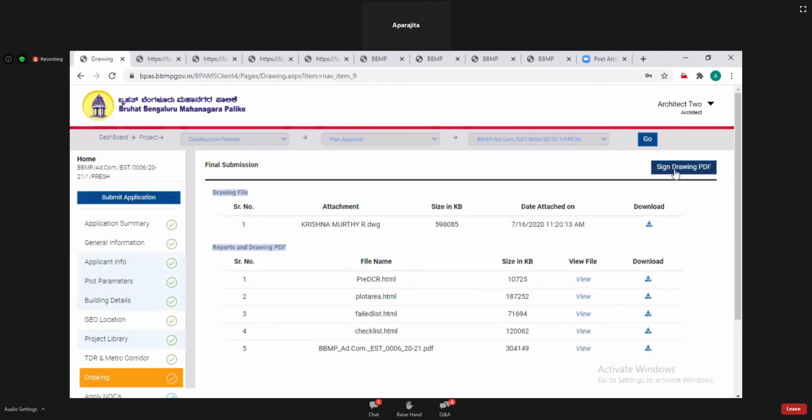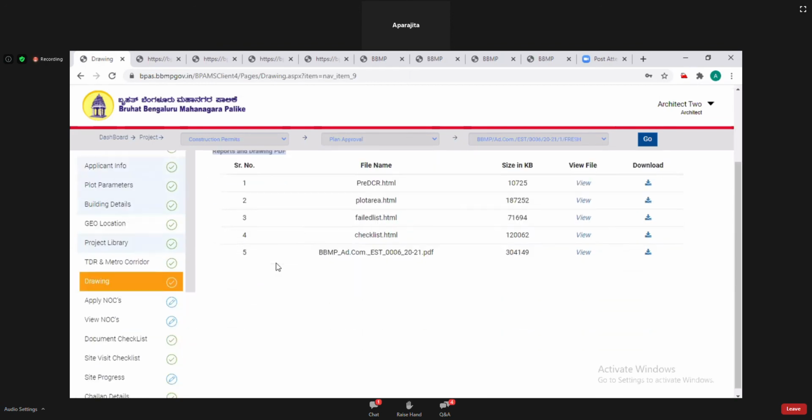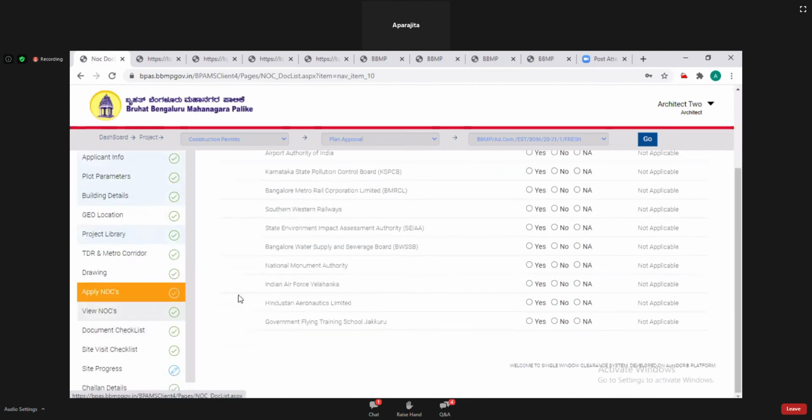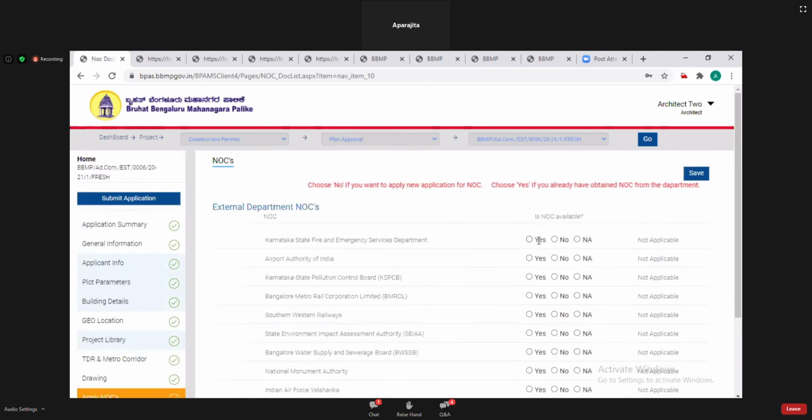So from here you can sign on your drawing PDF. Then for applying NOC, here are three options: yes, no, and not applicable. If this NOC is not applicable, then click on no. If you want to apply for NOC for airport authority, then click on no. And if you already have an NOC certificate for any department, then you can click yes.